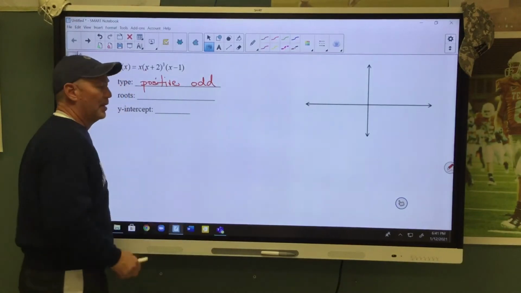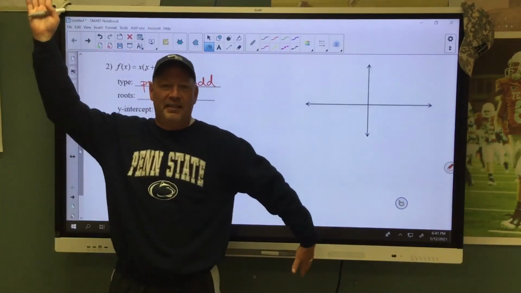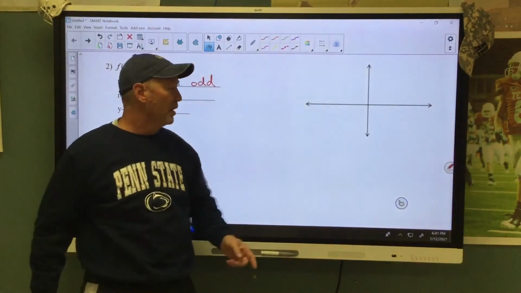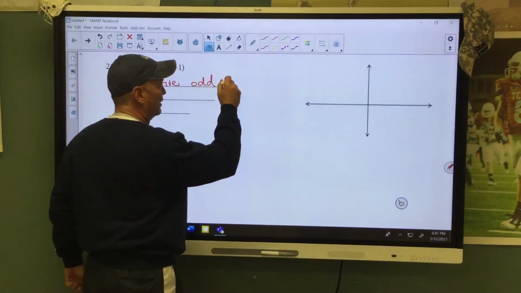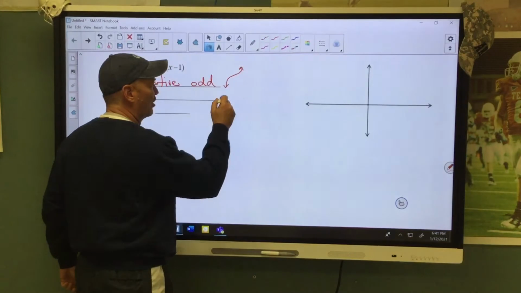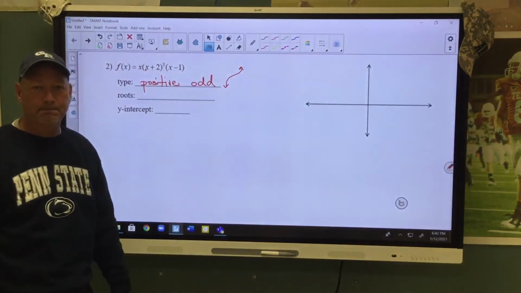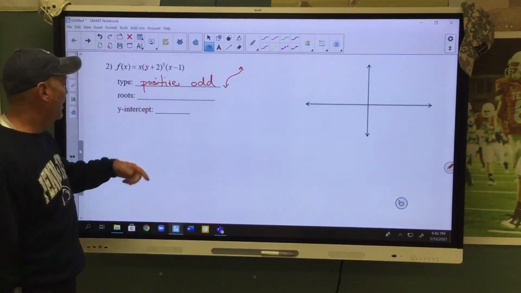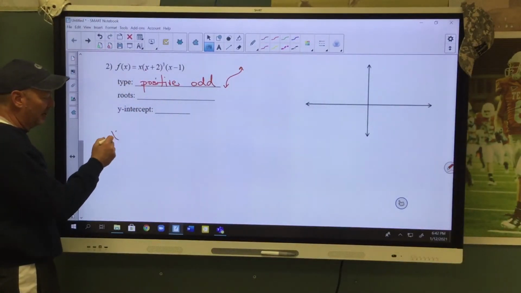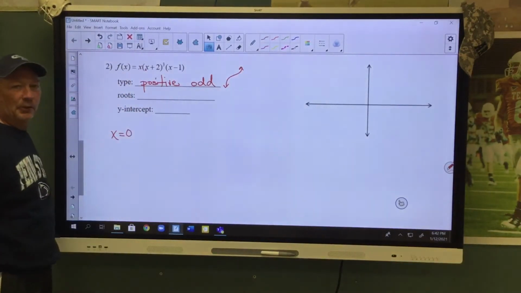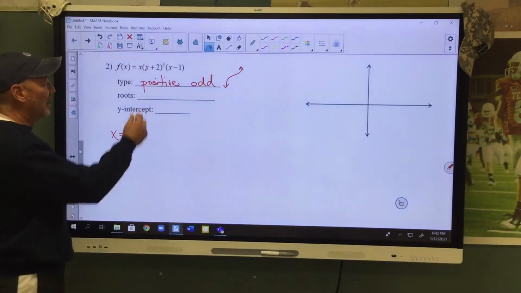Positive odd. Now remember, odd means we're going in different directions. Okay? But this means we're going to finish positive. My graph has to look something like that. It has to start down and finish high. Let's find our roots. That x, this x in front, that's easy. We'll put x equal to 0. This next root,